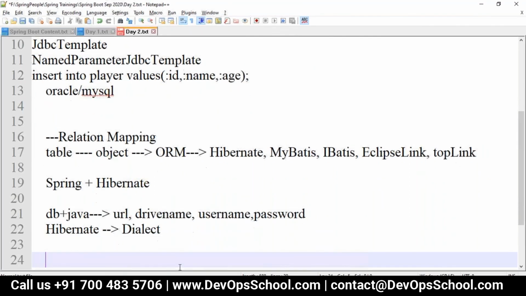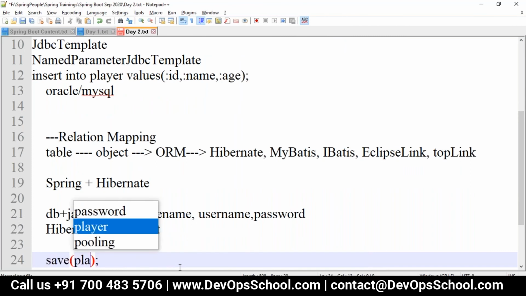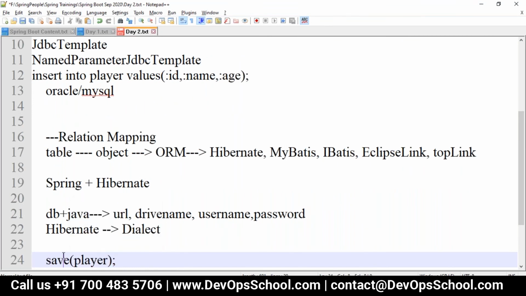We have one method called the save method. I will write here save layer. Then this save layer will convert it into an insert query, because Java knows the save method, and the database knows the insert query. So this method should be converted into a specific database query, because some queries differ in Oracle, some queries differ in SQL. Depending on which vendor database you are using, this dialect will convert your code into the statement.